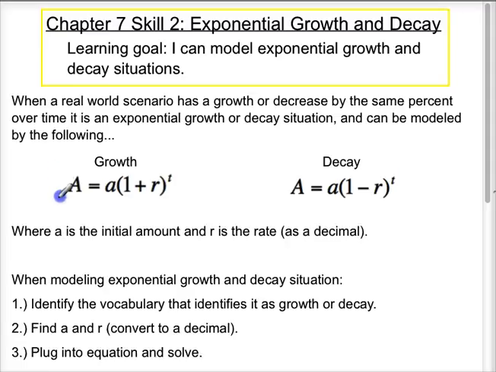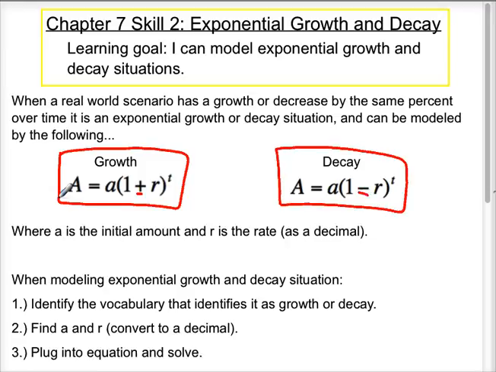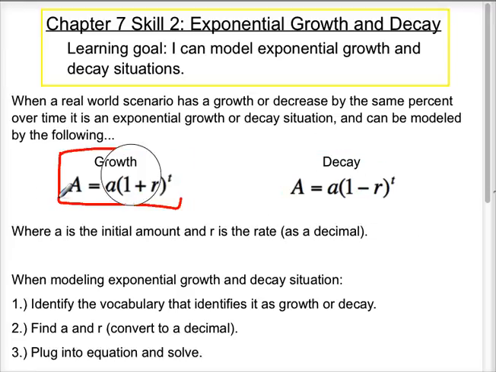So the two equations you're going to need to know: that growth equation, and again, growth makes sense because there's a plus there, and your exponential decay, which again should make sense because you have your minus there. So that's really the only difference between these two equations. If you can remember the basic structure, which is your starting amount, then 1 plus or minus your rate to the power of the amount of time you're talking about, well, then you're going to be able to figure out what it is. So again, A is the initial amount, how much you're starting with, and R is the rate